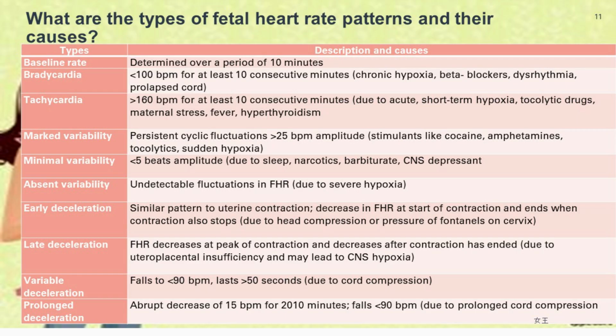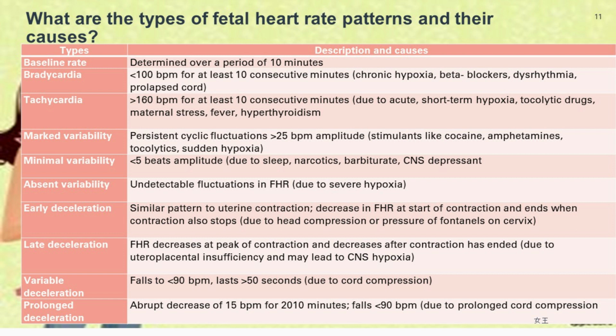What are the types of fetal heart rate patterns and their causes? Types, description and causes. Baseline rate determined over a period of 10 minutes. Bradycardia: less than 100 bpm for at least 10 consecutive minutes, due to chronic hypoxia, beta blockers, dysrhythmia, prolapsed cord. Tachycardia: greater than 160 bpm for at least 10 consecutive minutes, due to acute, short-term hypoxia, tocolytic drugs, maternal stress,